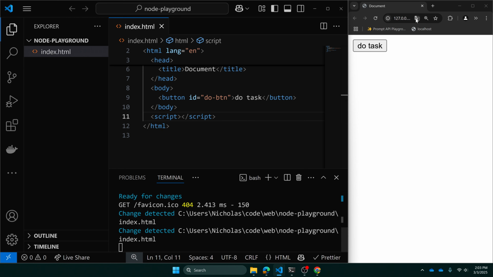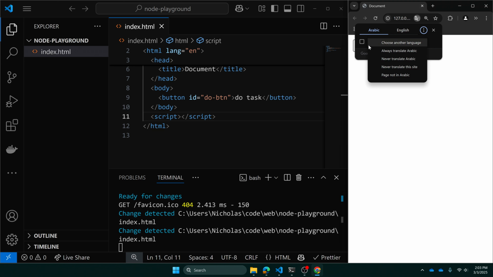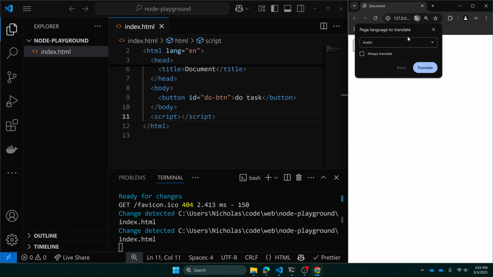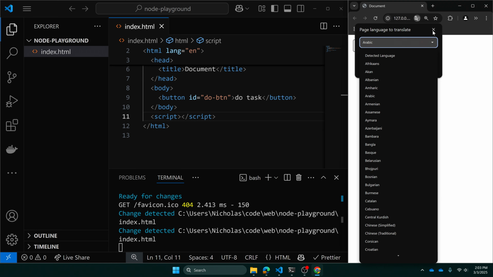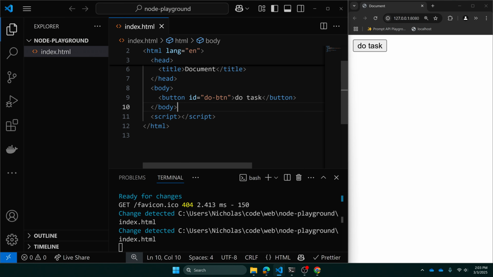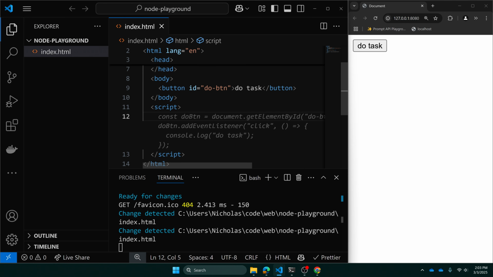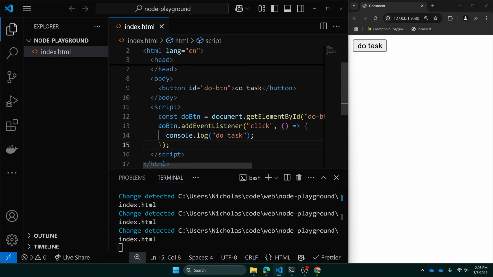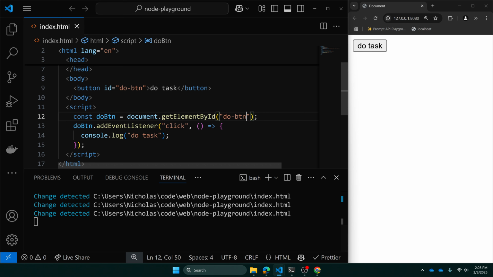For some reason this is getting confused and thinking the page is in Arabic, so I'm going to say that the page is not in Arabic. Not sure what's going on there, but we'll say the do button is get element by ID do button, and